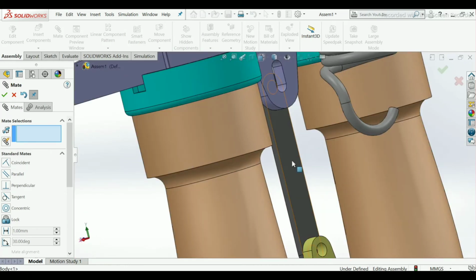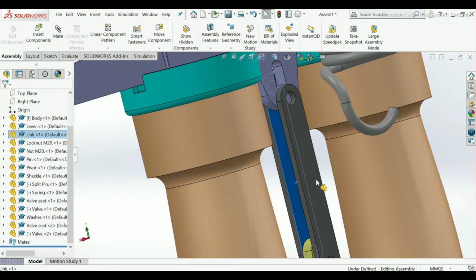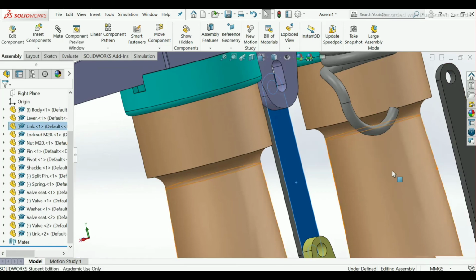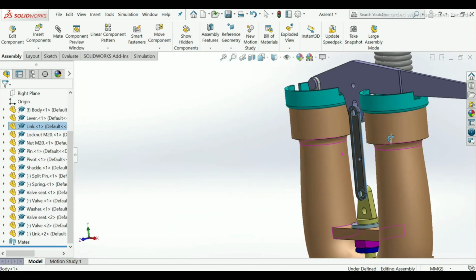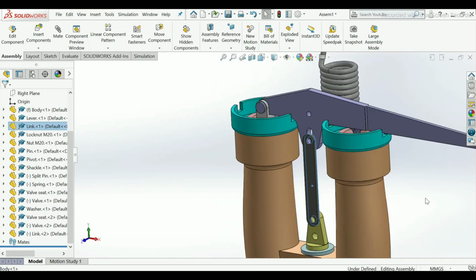now here also I want this link to be placed, so exit this mate, press Ctrl and drag this component by left click. I will show you. Here also I have to fix the pin and split pin in both holes.